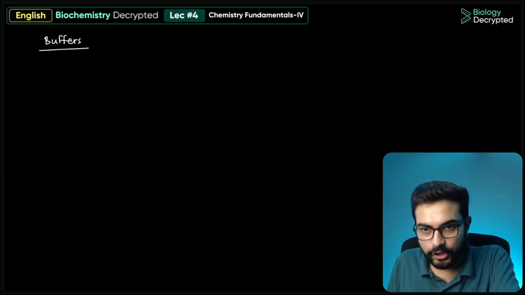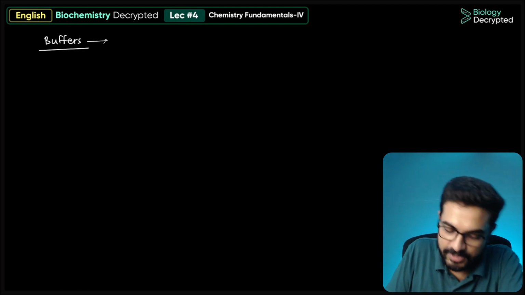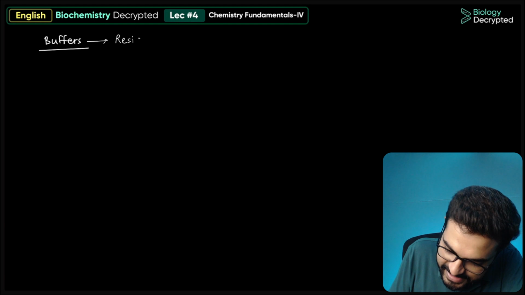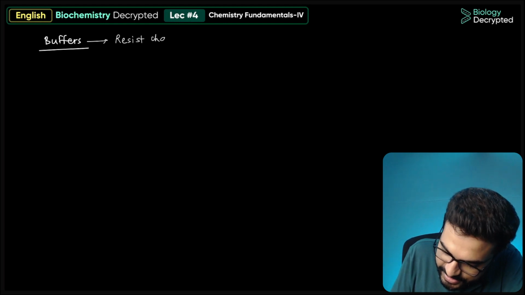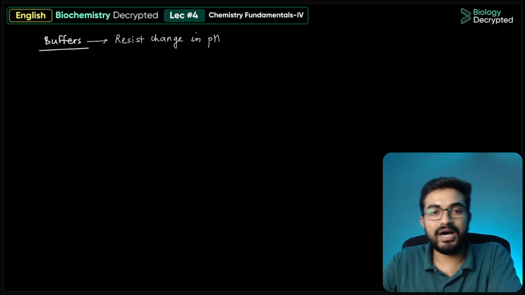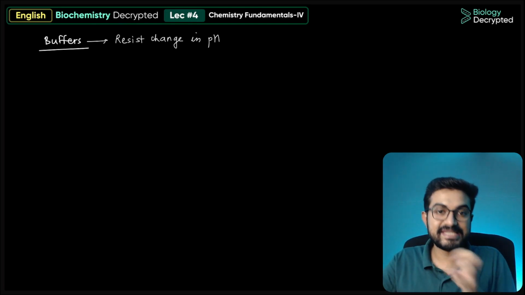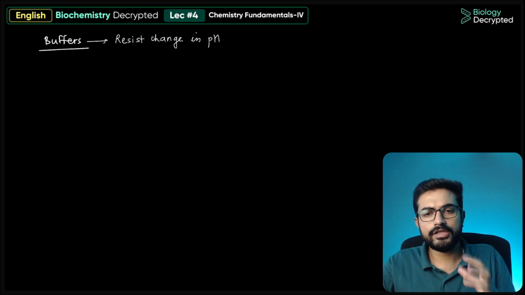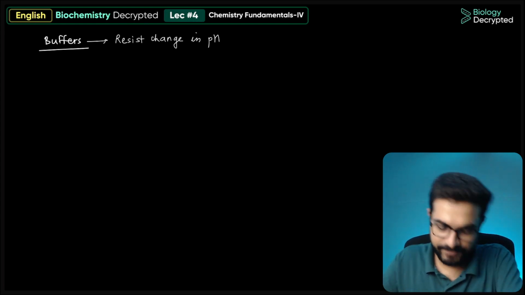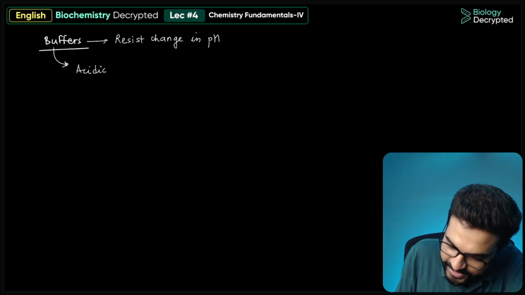Now, if we talk about buffers, what are buffers? Buffers are responsible for resisting, so they resist change in pH. For example, if you are adding an acid or a base, it actually resists the change in pH, and here the concept of common ion effect works. There can be different types of buffers. There can be either acidic buffers,